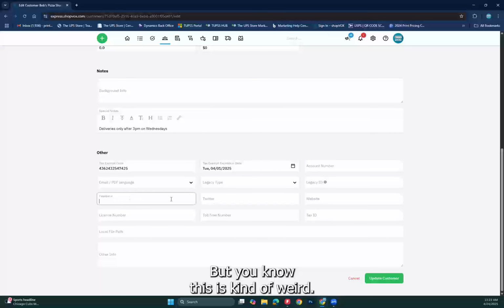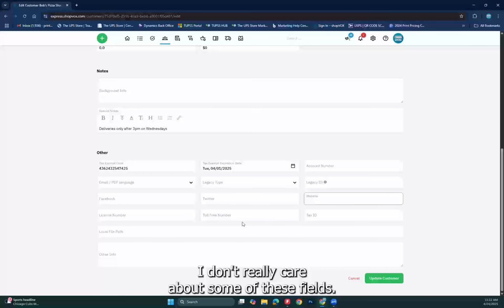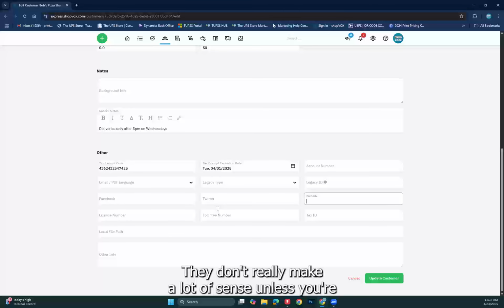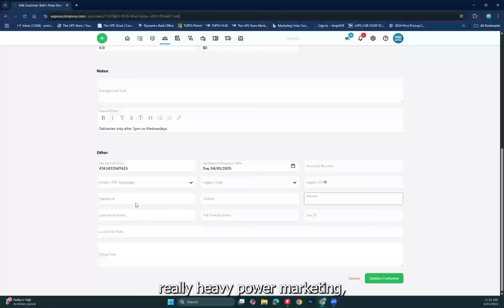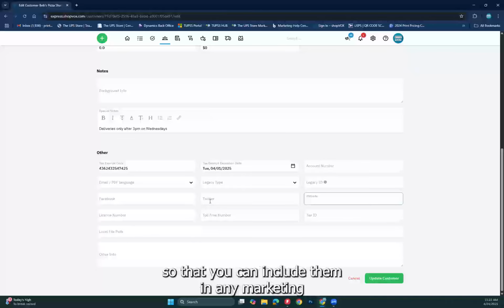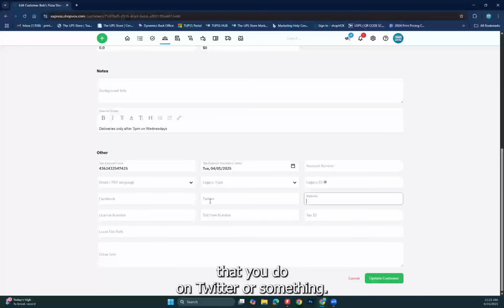Now, if you want to hide some of this stuff, it doesn't require us to fill it in, but this is kind of weird. I don't really care about some of these fields, especially these three. They don't make a lot of sense unless you're really heavy into power marketing, where I want to post on their Facebook page a thank you for your business, maybe as an announcement, or you want to have their Twitter handle so you could include them in any marketing you do on Twitter. Well, it's called X now, but we still have it as Twitter. So you could put that stuff in there,